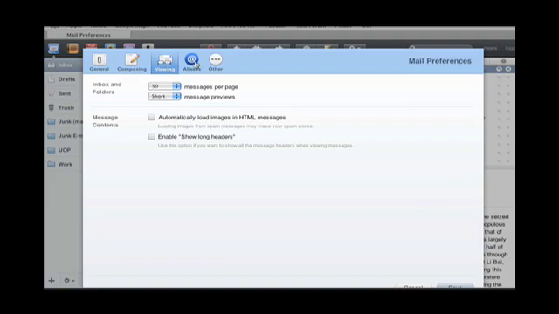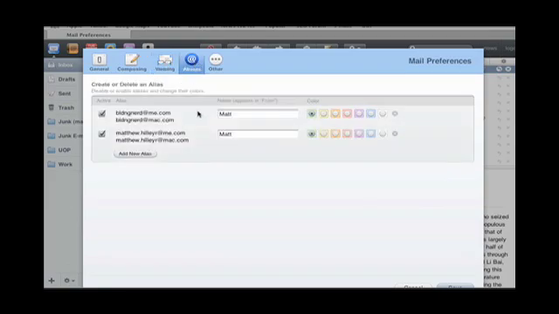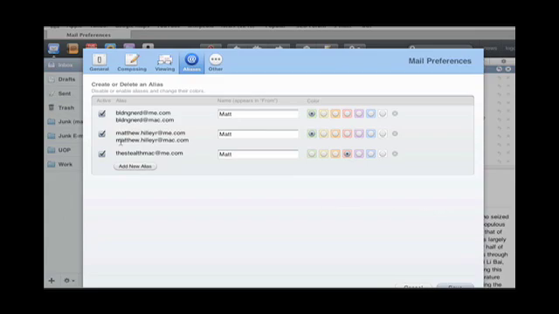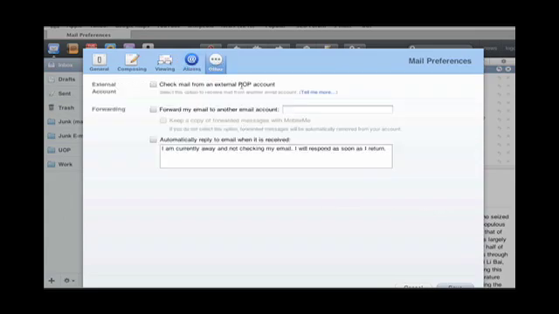viewing preferences, any aliases. So as you can see here, I typed my name wrong once in a dialog box, and so I created an alias so I could do the stealthmac.com at me.com, and we'll make it purple. So any email that comes in as the stealthmac at me.com will actually come to my inbox. You can check email from an external